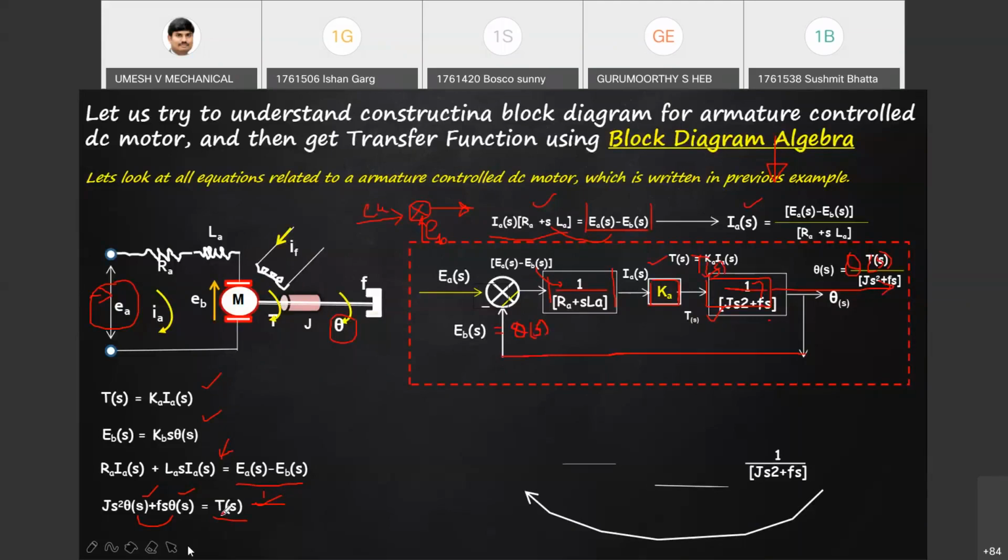From this equation, EBFS is equal to KB into theta of S. That means you have to multiply with another signal here. Can you tell me what is this value? What is the value coming in the block? Which joins S? KB of S. So you can use that relation, and S into KB, you can bring in S into KB. Fantastic. So I framed the block diagram.